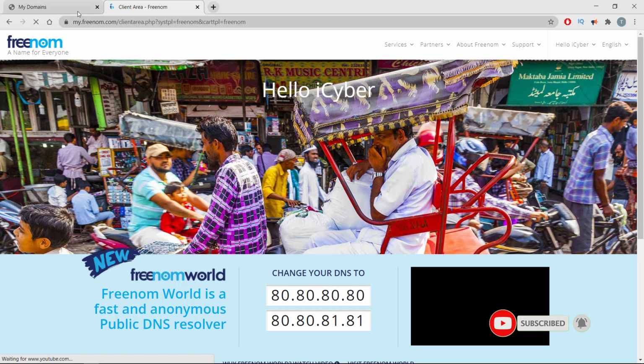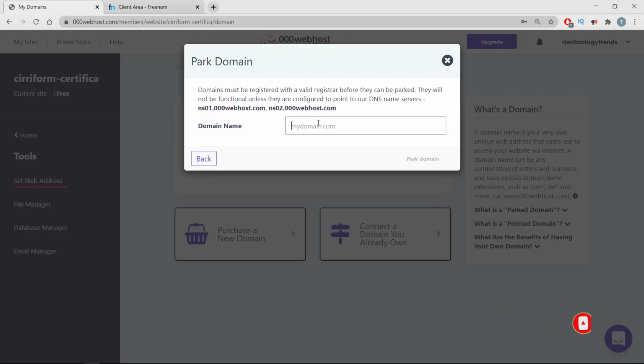So I'm going back to the client area and now I am typing my same address, iCyberclicks.ml. I'm going to connect this free domain and get the hosting from www.webhost.com, so I'm parking my domains.